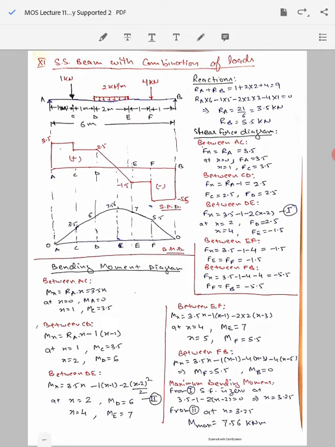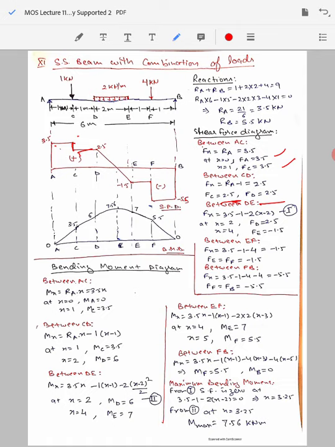As our convention for the shear force, we have taken the pair of anticlockwise shear force as positive, so we start drawing with the value of 3.5 on the positive side here. So FA is equal to 3.5, FC is equal to 3.5, so from point A to C it is a horizontal line. Then at point C it drops to the 2.5 value, so there will be a vertical drop here from 3.5 to 2.5. Then it remains constant up to point D as 2.5. So you see again a horizontal straight line at 2.5.